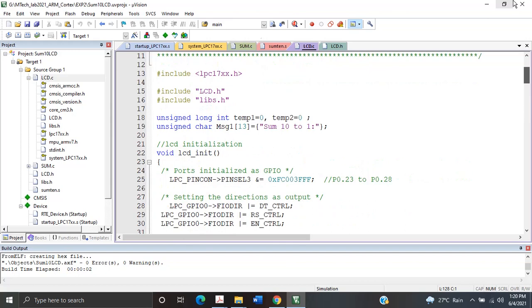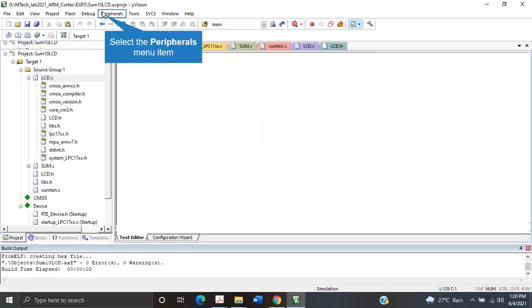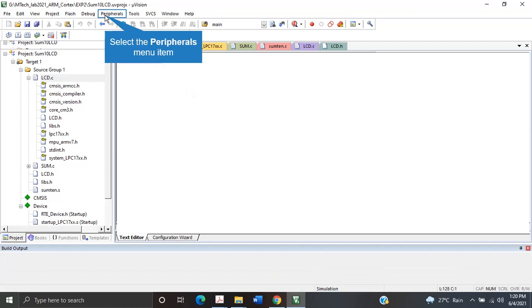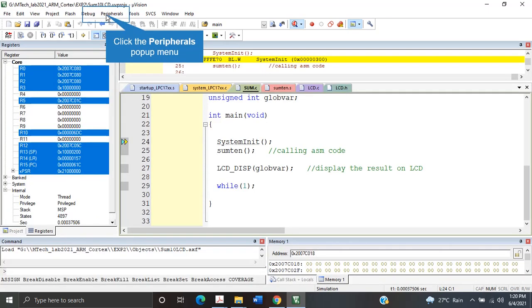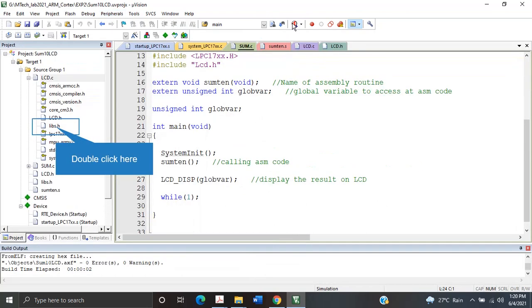And how many ports are available? As you stated, whenever you go to debug mode, there were 100 pins mapped. If I just go to peripherals and ports, like GPIO fast input, there are 4 ports. 32 into 4, you can make out what the number is. So it should be well within 100.